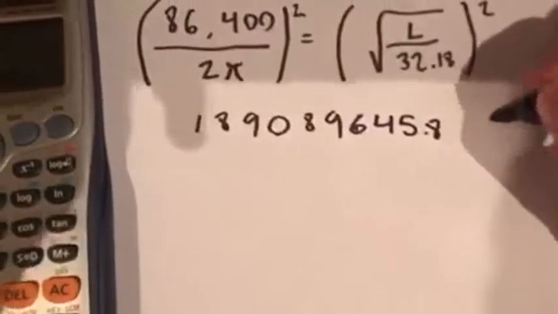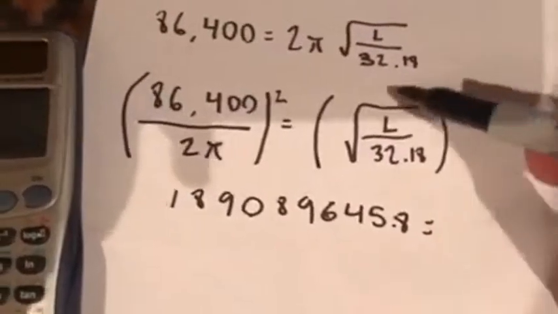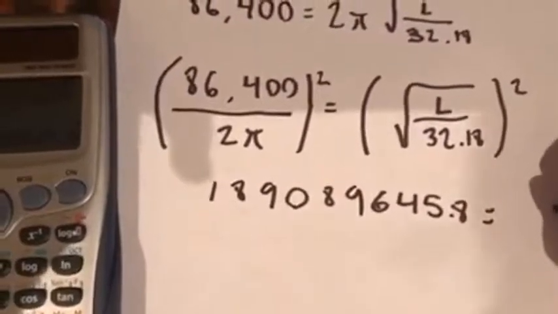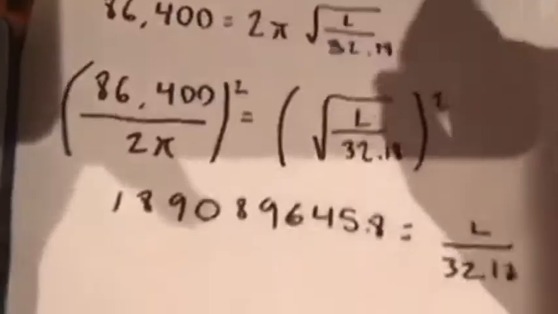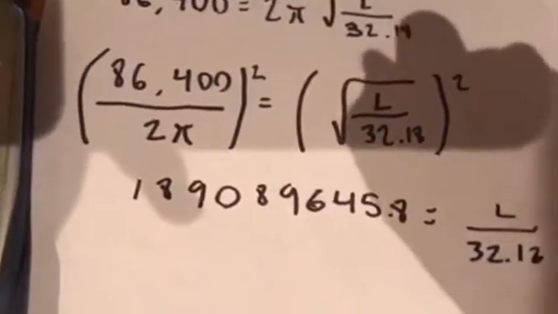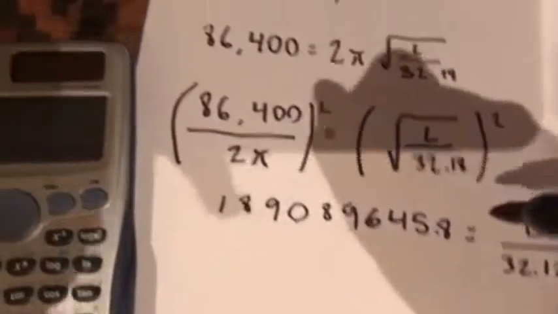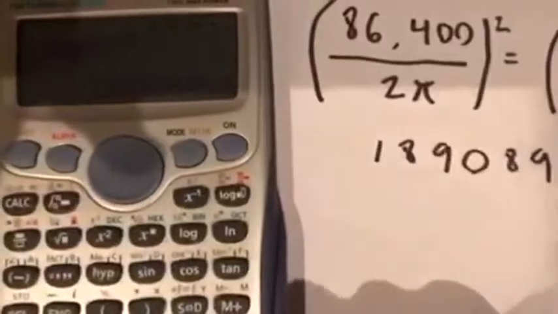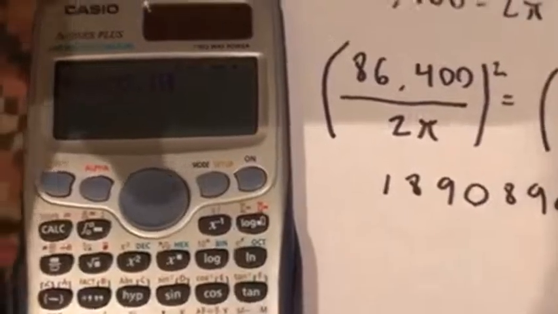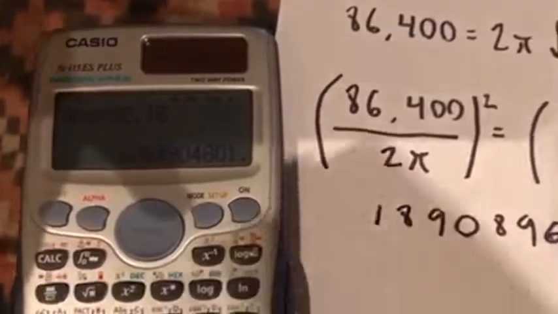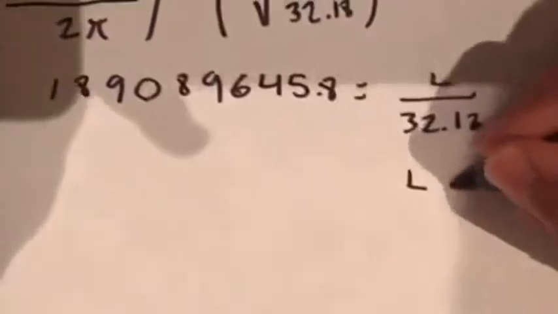Point 8 is equal to, and in this part you cancel the square and the radical, so you get L over 32.18. And to get the L, all you need to do is to pass the 32.18 multiplying, and so here we're going to do it, times 32.18, and this is the answer. L equals